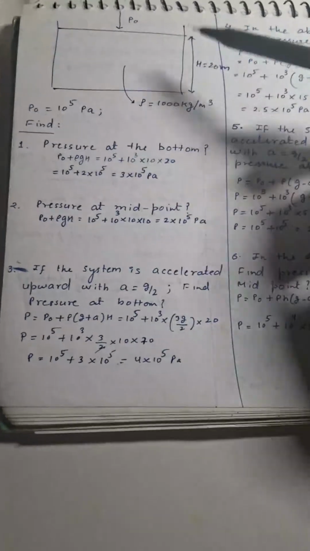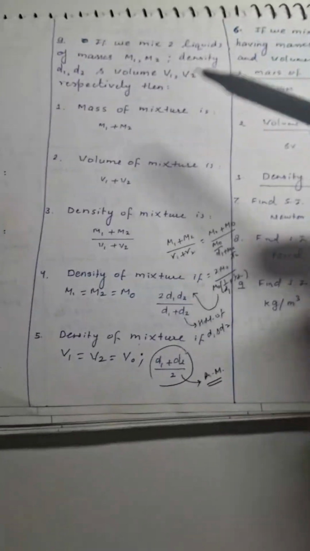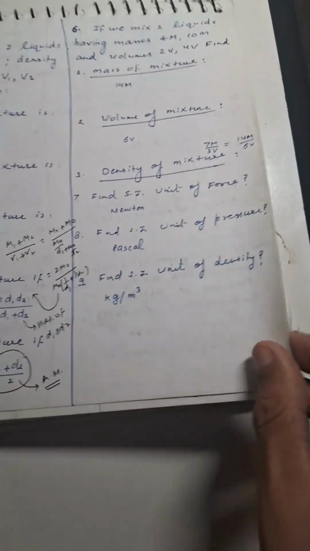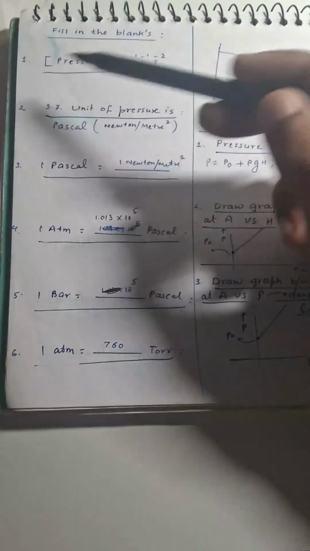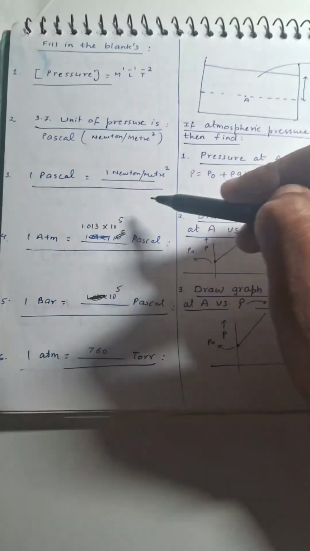Then we have another worksheet on calculation of pressure at various points like here. Then we have another worksheet on density itself, as you can see over here. Then we have another worksheet based on discussion of pressure, like its dimension, SI unit, 1 Pascal is equal to